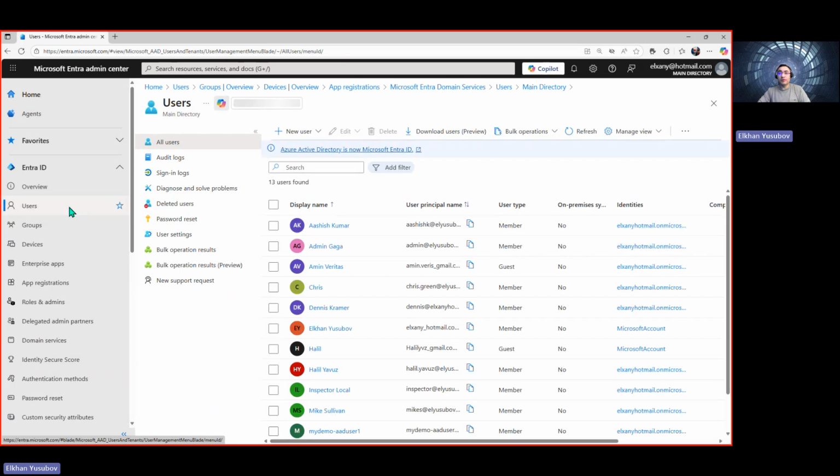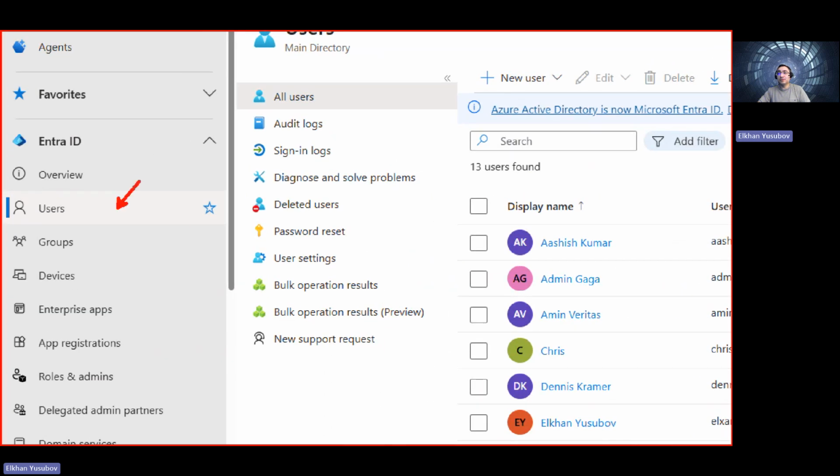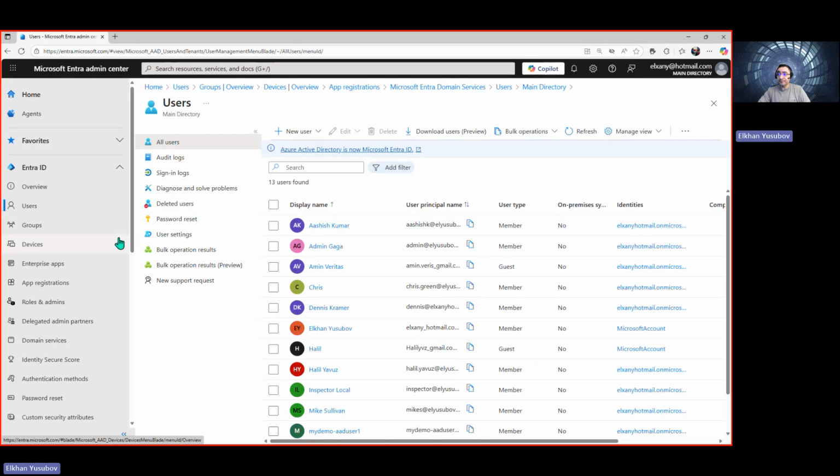If you are managing users and there's multi-factor authentication or any other reset that you need to perform, there are different tools to automate that. But if you are just looking for where to get them, then you can use these users where you can see the set of users, you can look at their audit logs, you can reset the password and any other information that's used to manage the users.